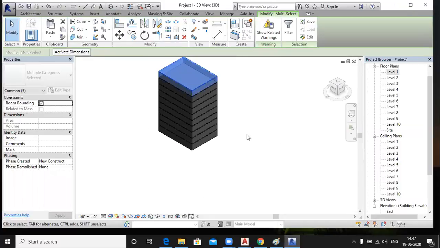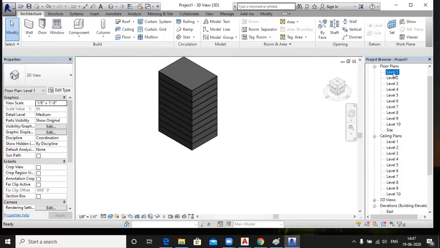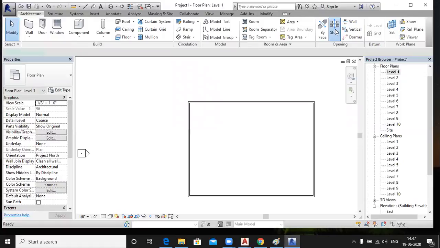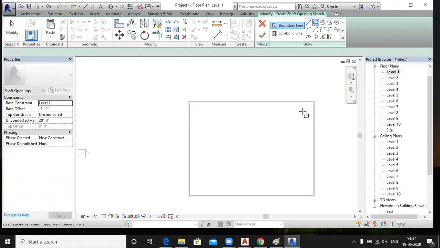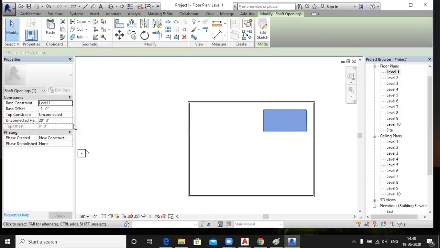Right, sir. Go, select the first floor, activate the shaft tool and draw the shaft like this. Click on finish, and here you specify the total distance.